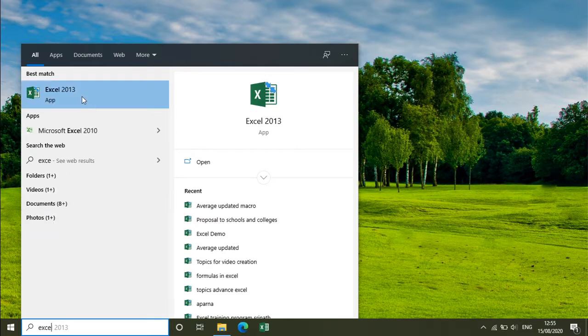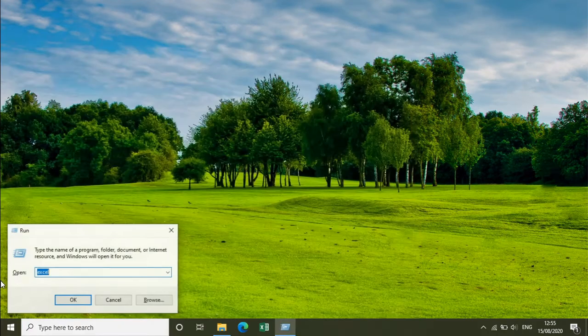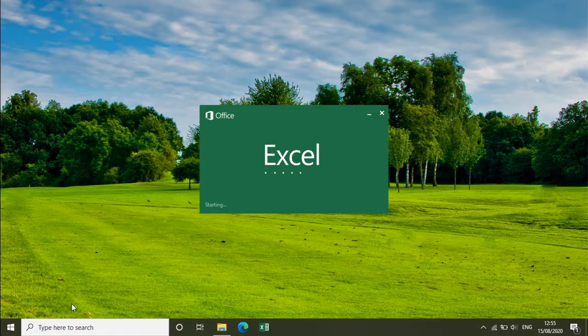You will get the Excel app, or you can open it from desktop shortcut, or you can click the start button and simultaneously press R. You will get the run command, from which you can just type Excel and click the OK button. So, you can use any method to start the Excel application.